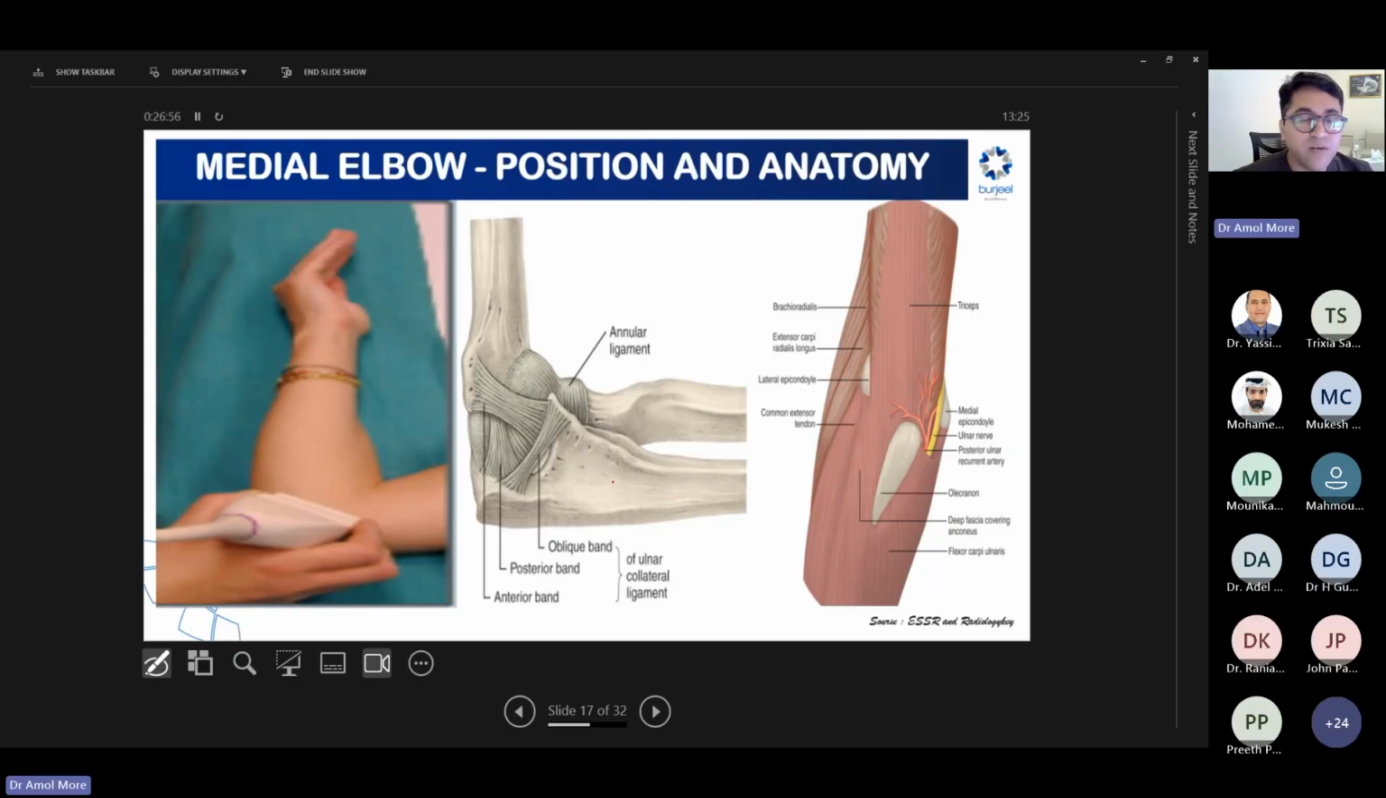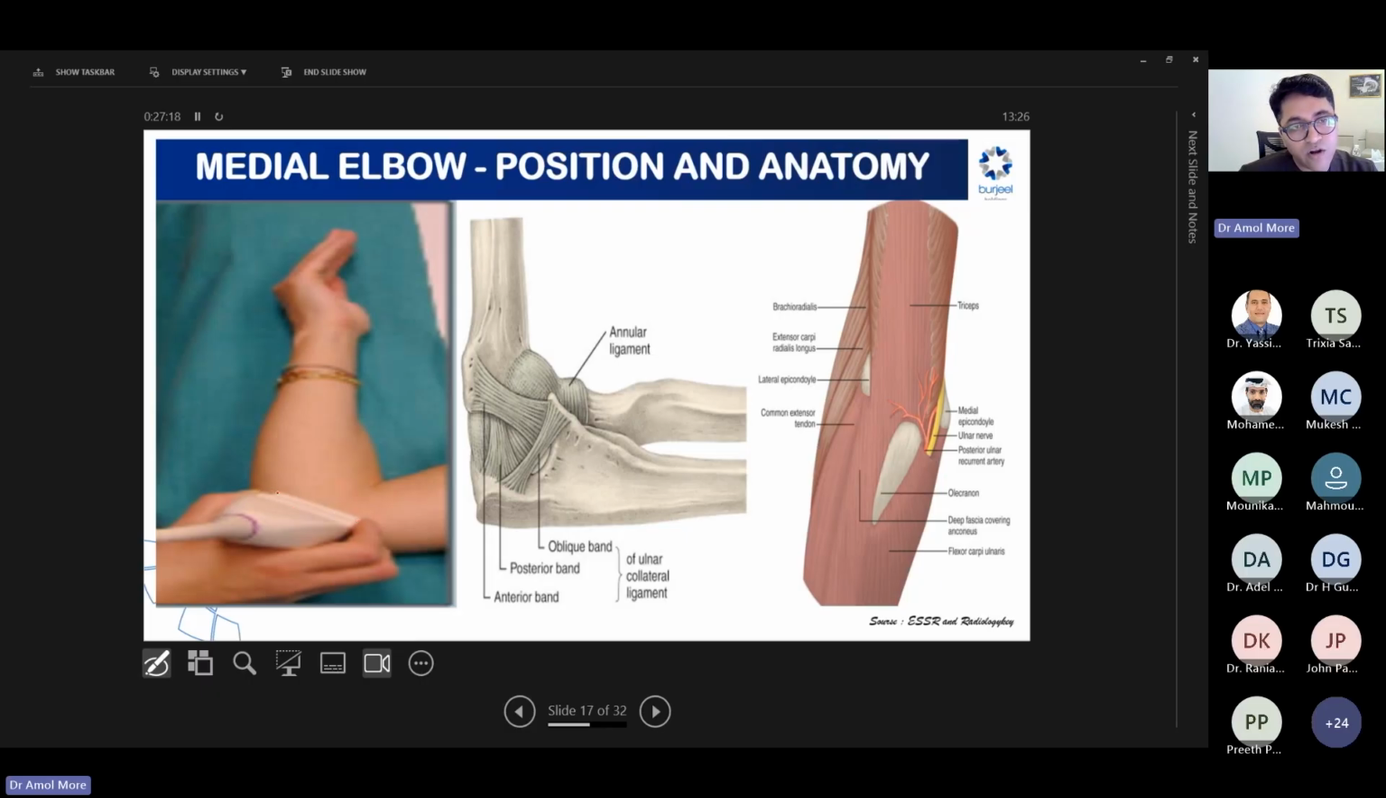The next plane for the elbow assessment after anterior is the medial elbow. For the medial elbow, we keep our elbow joint in this position. We have to locate the medial epicondyle first. Once we locate it, we keep the cranial end of the probe on the medial epicondyle, and